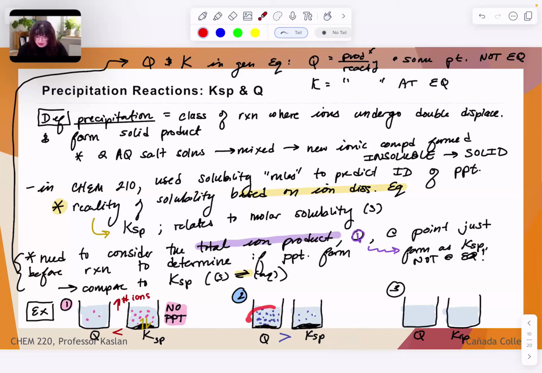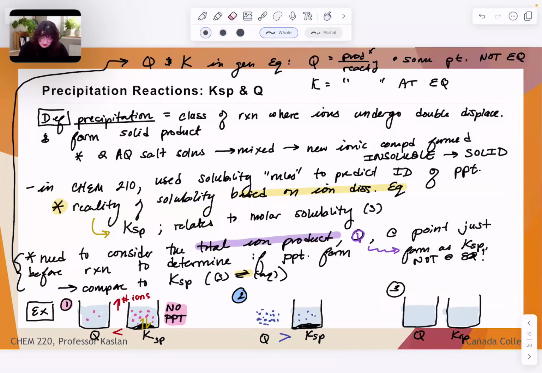But compared to our total ion content in the left-hand beaker and the total ion content when we are at specifically saturation, you'll see that I have more ions forced into the aqueous phase than is technically what I could